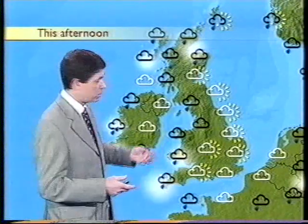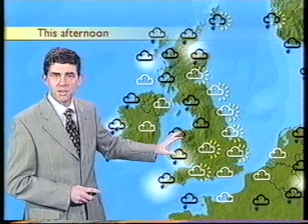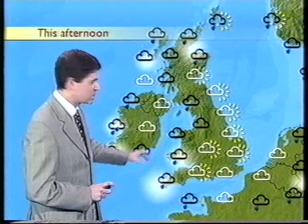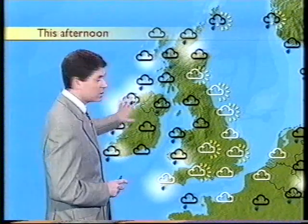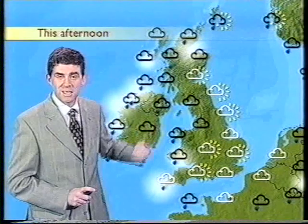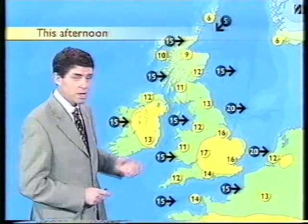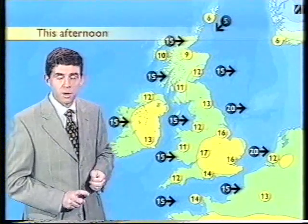Now, that breeze is helping to break up some of the cloud on the eastern side of the country. This is the view across London just at the moment, and I think we'll keep that process going for much of southeastern Scotland, down through eastern parts of England. Always more cloud, though, across these western areas, the western-facing coasts and hills of Wales and the West Country, faring not so well at all. Through the afternoon, we'll increase the cloud across the north and west of Scotland, through Western Ireland too. You might see a little bit more drizzle as we move on through the day. But for most here down in the south, we're looking at 16 or 17, further north, 12 or 13,